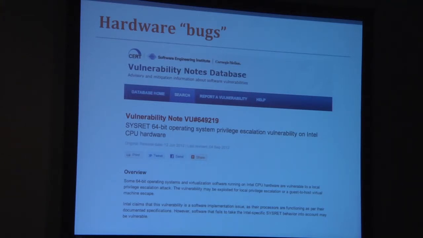They implemented it in a way that was different from how AMD implemented it, and it did not strike anyone writing an OS as the way they would have done it, except maybe folks reading the manual very carefully. It was all documented, but everyone just assumed AMD and Intel implement the same instruction the same way. So you can now break out of Xen or a number of these other hypervisors. Intel said officially this is not a bug because it matched the spec, but the spec was just stupid, and it didn't match AMD.